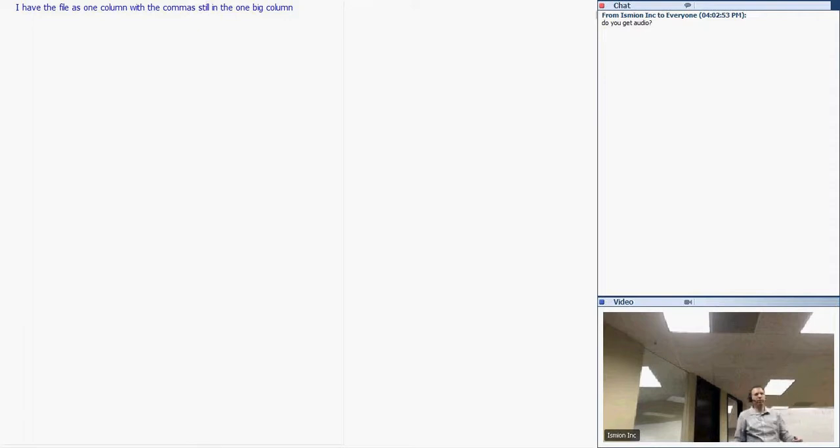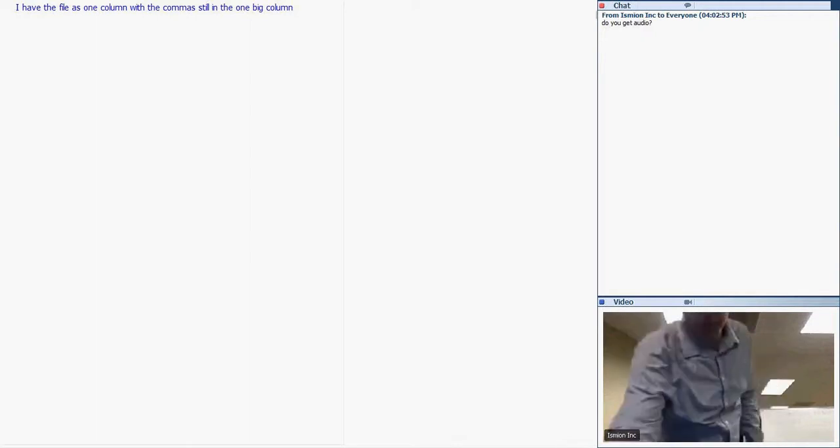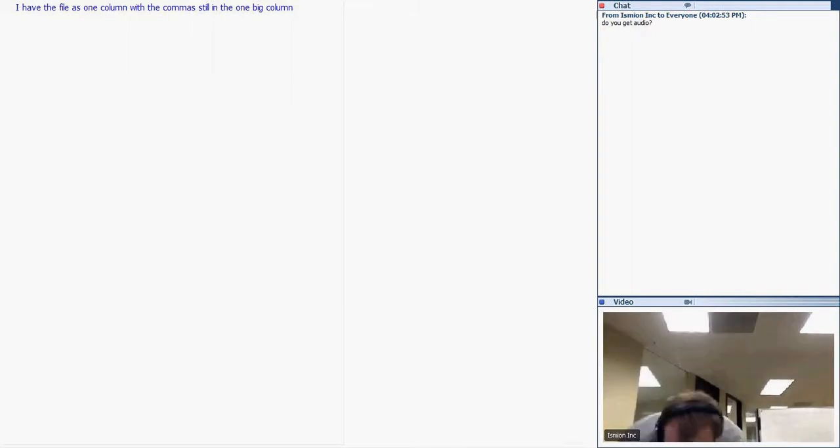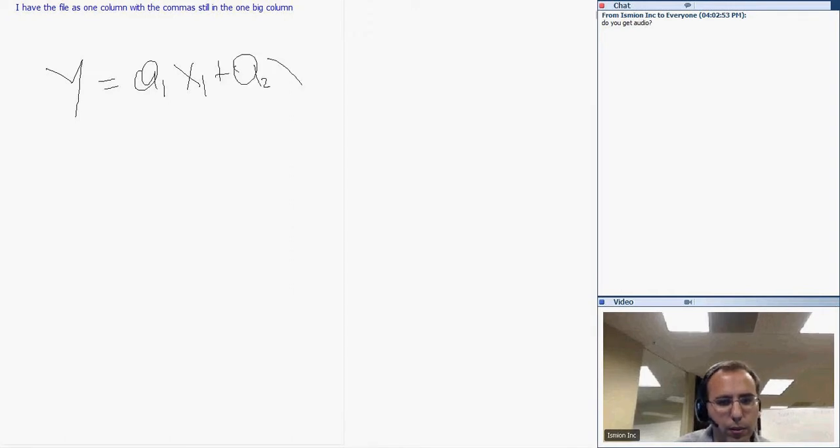Now, what is very important: why are we doing regression? When you're doing modeling, you're doing that for two reasons. One is for predictive power. Let me also write it on the board. This is one of the problems I haven't solved, having a board for remote and on-site students. So basically y equals a1 x1 plus a2 x2 plus a3 x3 and so on.